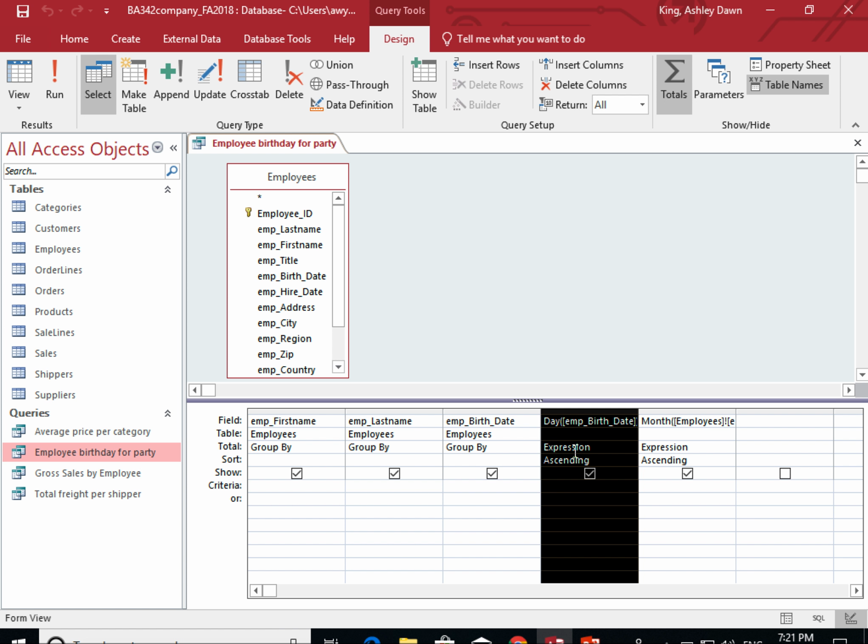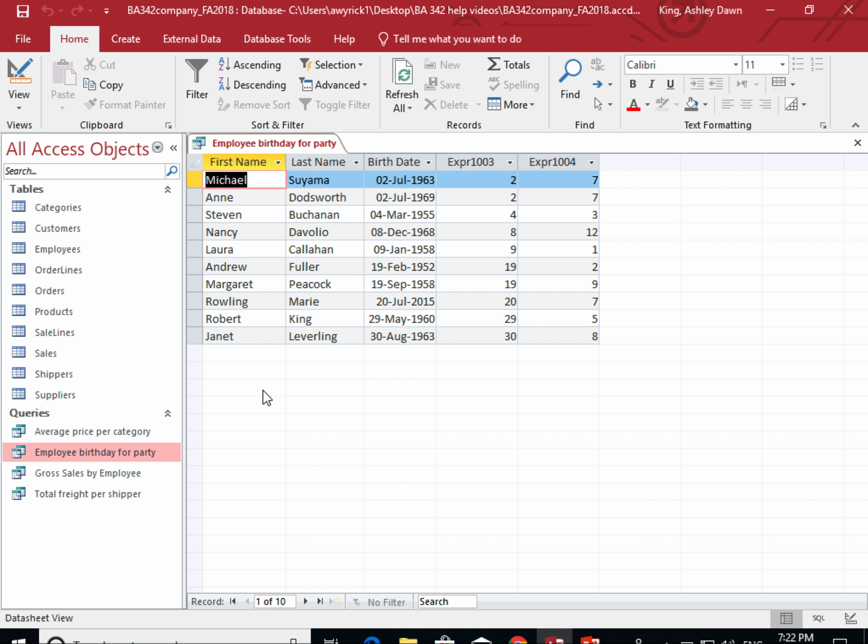So I want you, if it's the first, the second, the third, the fourth, I want you to sort it by day and then by month. And so you might think that this is going to give us the same output that we had before, but it isn't. What's going to happen is Access is going to sort by day, and it's going to freeze the